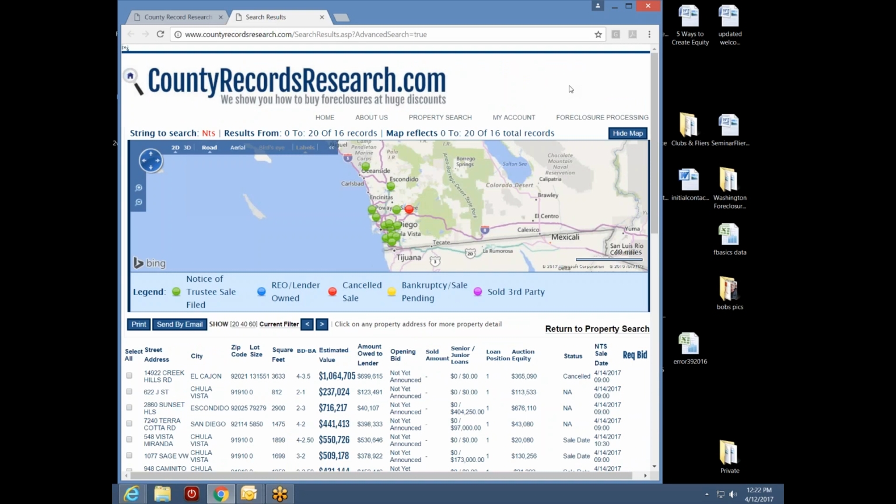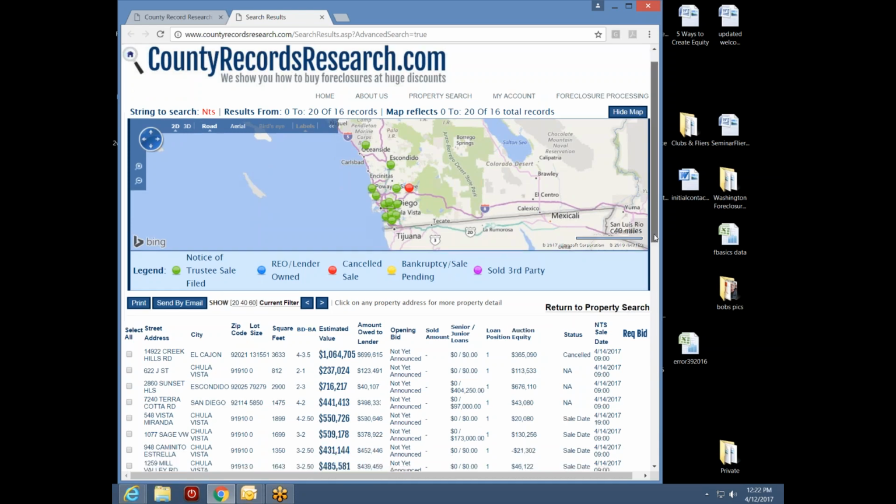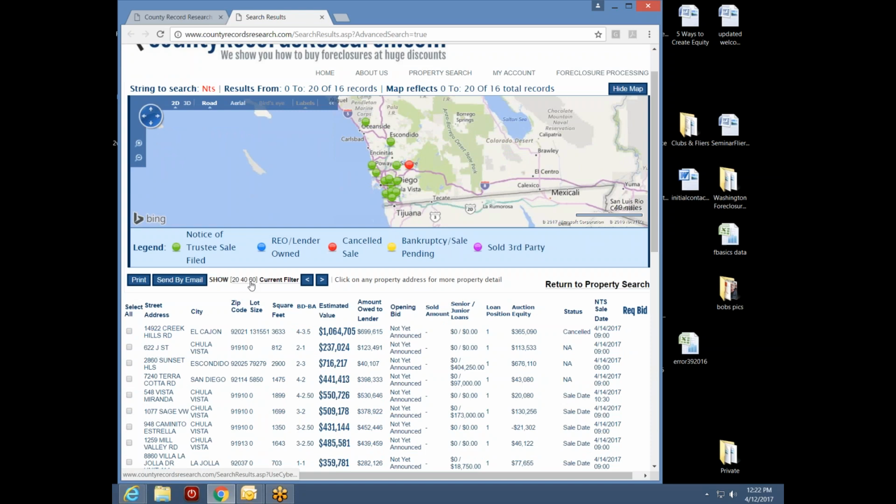my search results. Now, because this is a group of properties on their way to auction, my string to search is NTS, or Notice of Trustee Sale. My results are from 0 to 20 of 16 records. So I know that all 16 records are visible because it's less than 20. Now if my search results were greater than 20, below the map I have the option to show 40 or 60, show 20, 40, 60. So that's how I can bounce back and forth if I needed to show more records